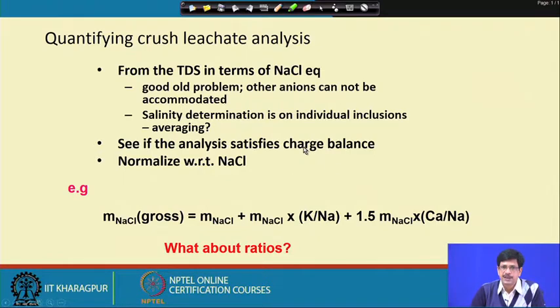Invariably it will not, but it has to be within the permissible limit, and we can also get some idea about what the total NaCl could be, coming from the molality of the NaCl and the molality of NaCl into potassium by sodium, because they are monovalent 1:1 electrolytes. If we have calcium chloride or magnesium chloride, then that is actually contributing 1.5 m NaCl. So, that is the total NaCl that we would have got.